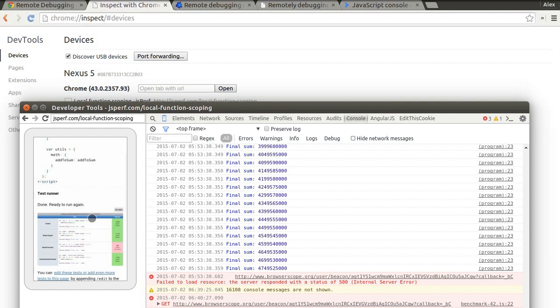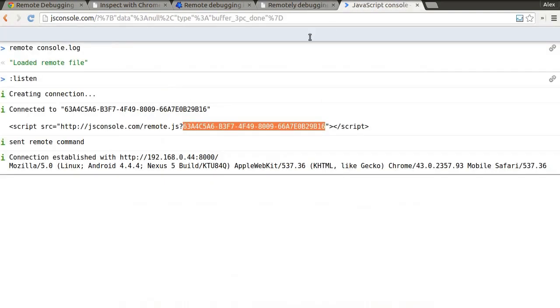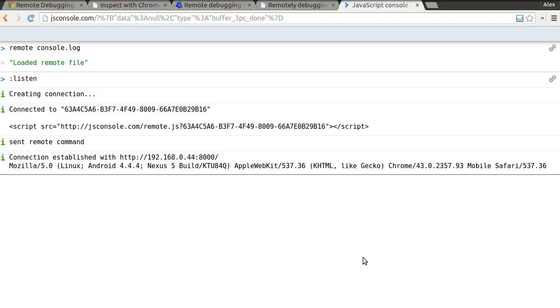But sometimes you don't have access to that exact lineup, or you're not able to plug in the USB, or you have multiple devices that you want to test at once. For this, one of the best tools is called JSConsole.com. And what this allows you to do is remotely control any device or any web page via an online JS console. So you can see here, it's just JSConsole.com. And then all we have to do is type into it this :listen, and that initializes a new connection for us. Once we've done that, we can simply paste this script tag into our file, like you see here, and